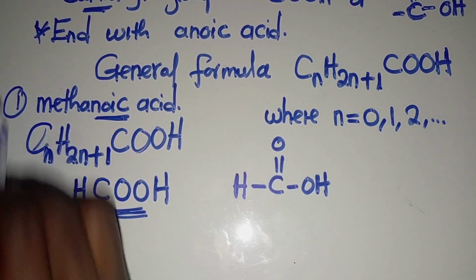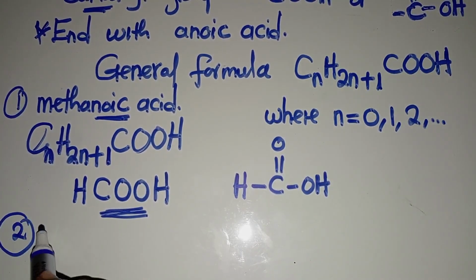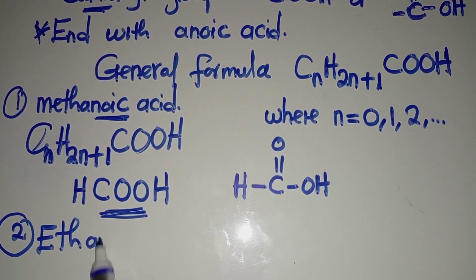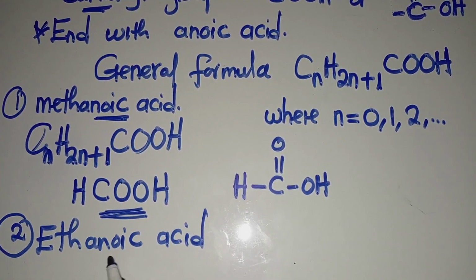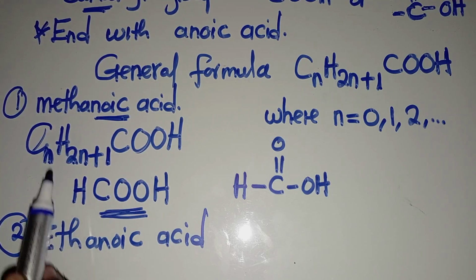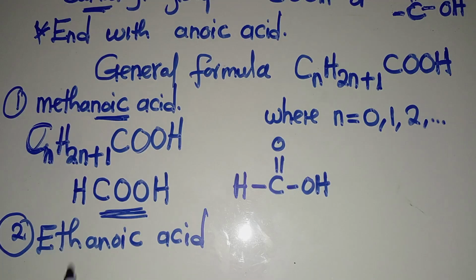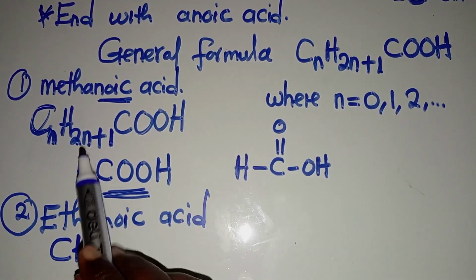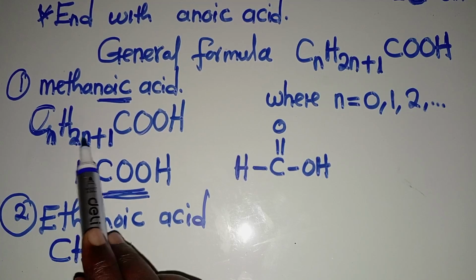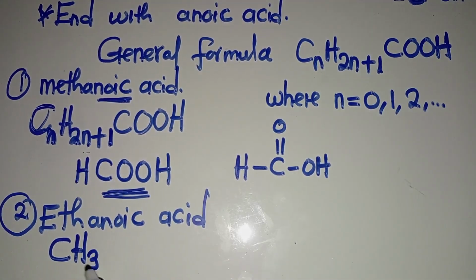Let us now move to the second one. So we go to 2, which is called ethanoic. So we go to ethanoic acid. Like I've told you, I told you to say carbon atoms 2. But here we are dropping them by 1. So we say carbon atom 1. So meaning where there is N, you put a 1. Let's start here. Where there is carbon N, we put 1. So we are going to have 1 carbon. Then I say H, like this. Then where there is N there, I'm putting a 1. 2 times 1, 2. Plus 1, 3. So H3, then